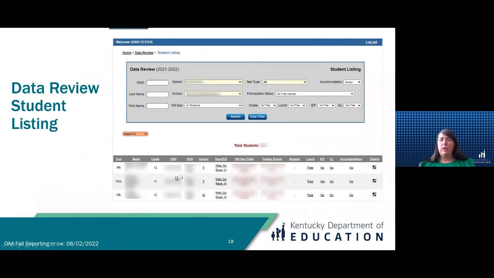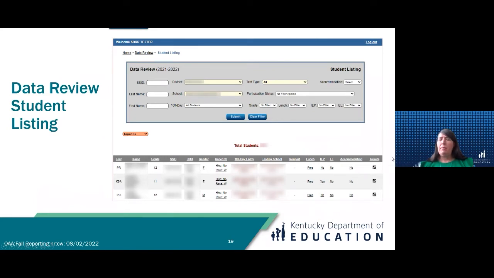And all you have to do is find that student on your student listing and click on the field that needs to be updated. If it doesn't need to be updated, just leave it alone. Because if it's correct, then that means less work you've got to do. And if you did a lot of work back at spring rosters during April through June, that means less work you've got to do during data review for both DACs and BACs.